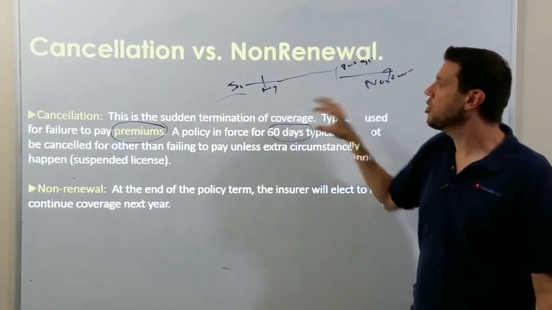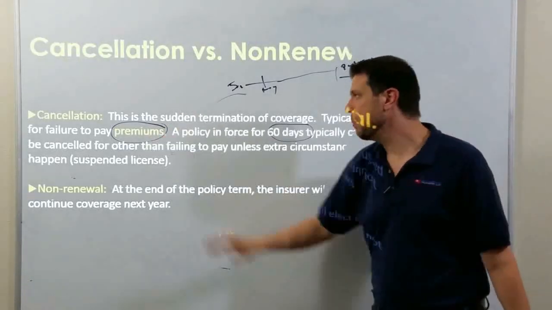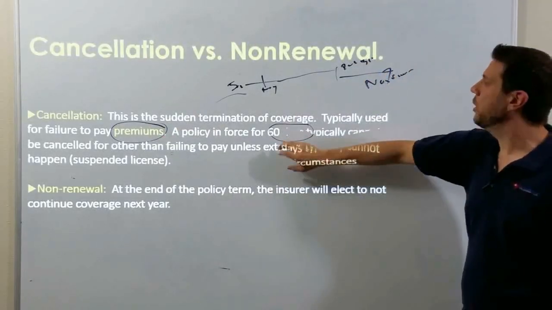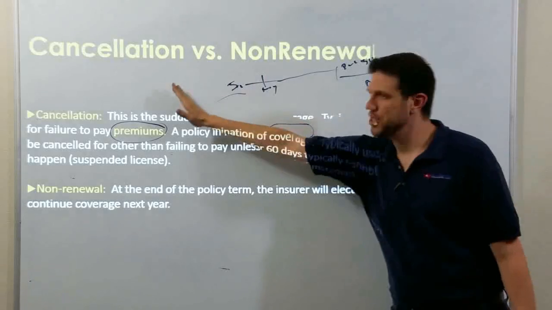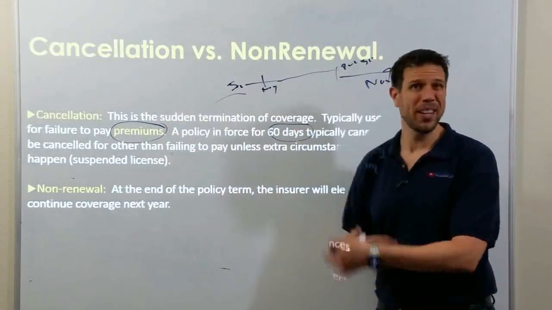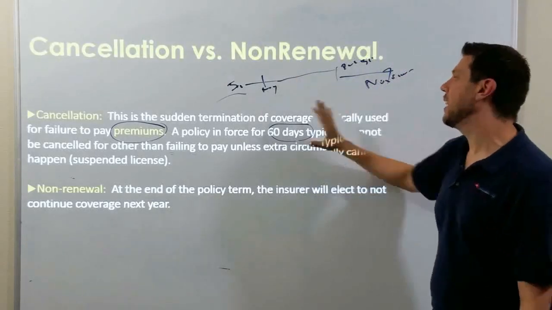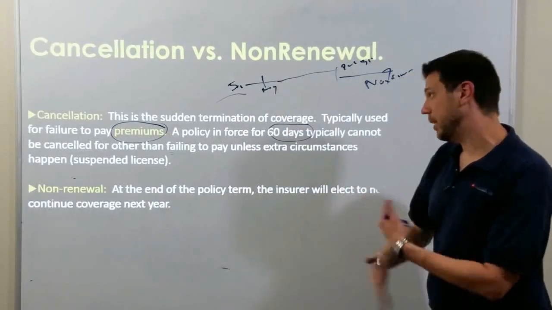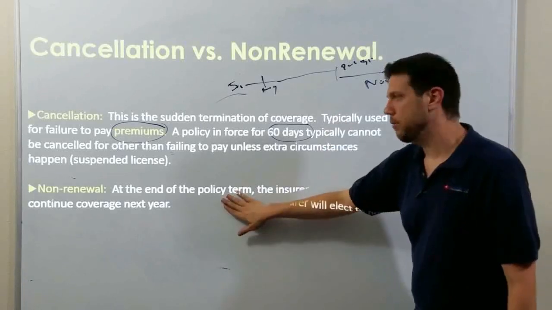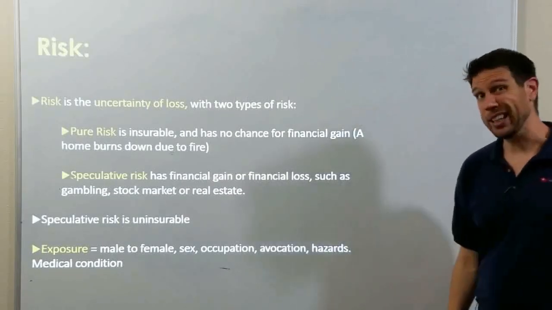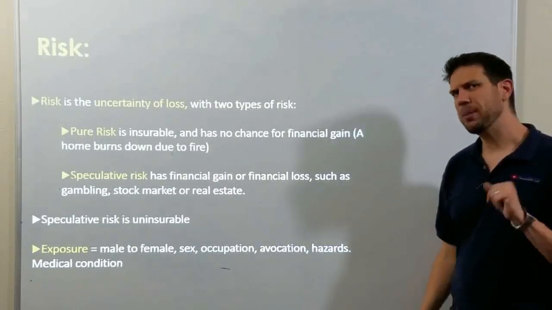Cancellation is the sudden termination, typically if you don't pay your bill. They can cancel a new home or auto anytime in the first 60 days because that's underwriting. They find something, they're like, I don't want it anymore. After 60 days, they have to keep you even if you have too many claims. Then they'll just non-renew you. The only reason they cancel you after the 60 days is if you don't pay your bill, you commit fraud, or you violate the law. These definitions go by relatively quickly. They're strictly memorization.